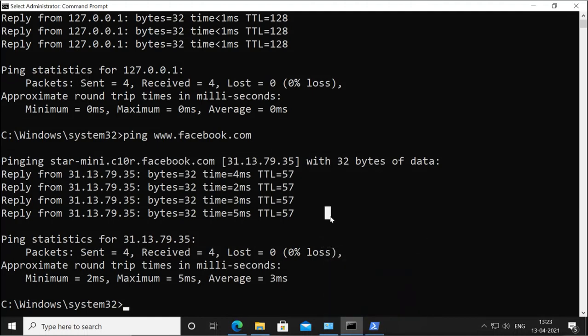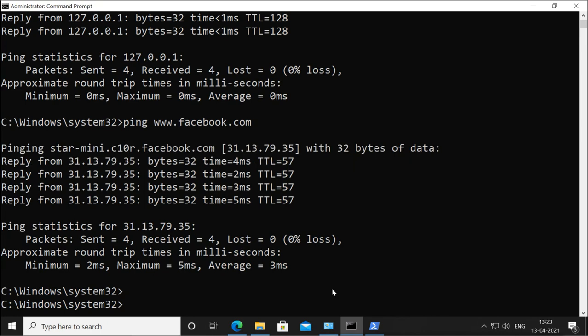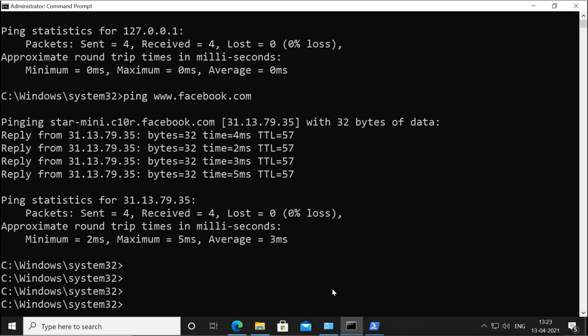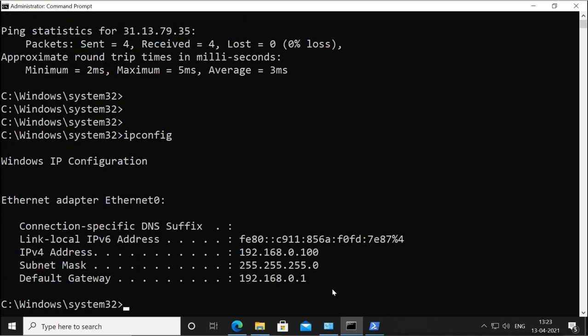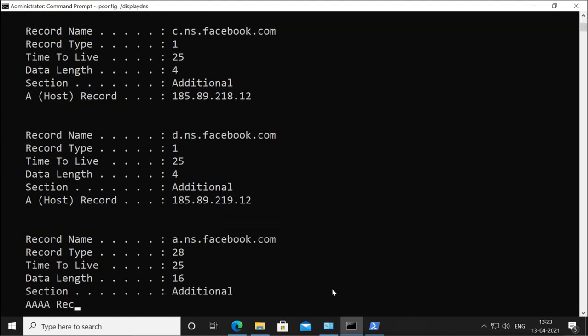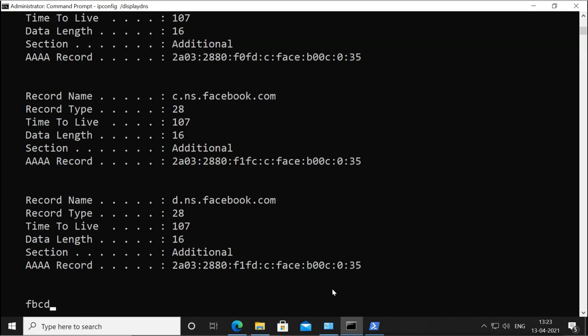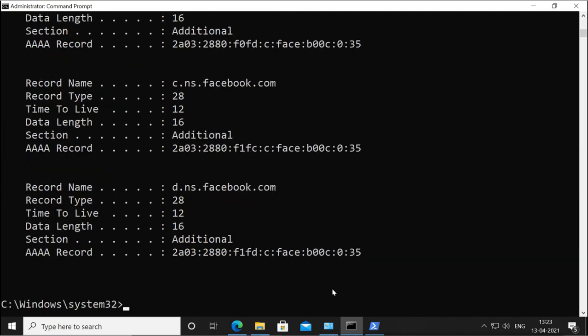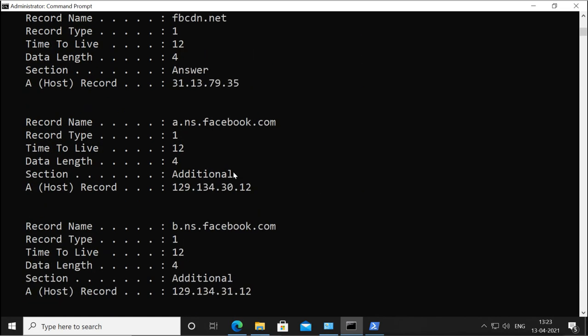So any time you resolve, your machine is caching those names and IP addresses in the DNS cache. So in CMD we give ipconfig. This command is to check the current IP address information, and with /displaydns it will also show you the DNS cache. These are all the cached names and IP addresses we have in our local machine cache. You can see these names and IP addresses we have just accessed right now. So these are all cached.